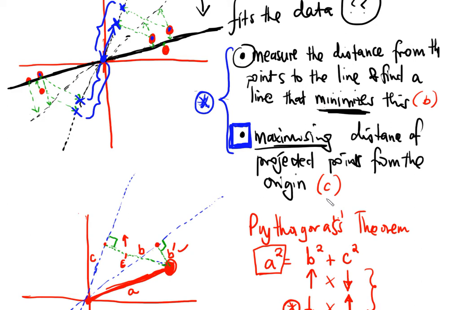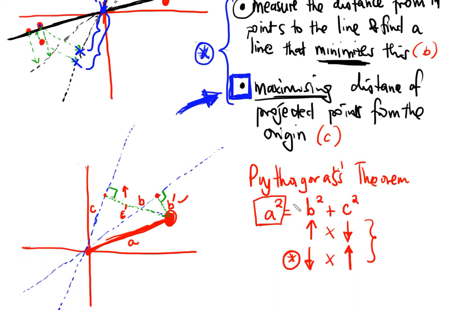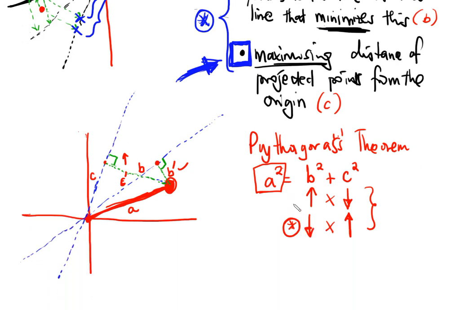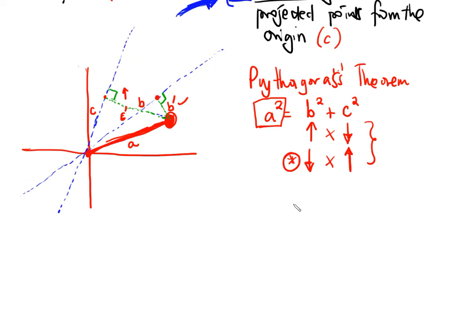So I hope you are convinced that those two statements actually mean the same thing. So the best line that fits the data either minimizes the distance from the line to the point, or, like what PCA favors, it maximizes the distance of the projected points from the origin. Cool, so that's what we will be doing, maximizing the distance of the projected points from the origin. Now that we are convinced that those two are actually the same,